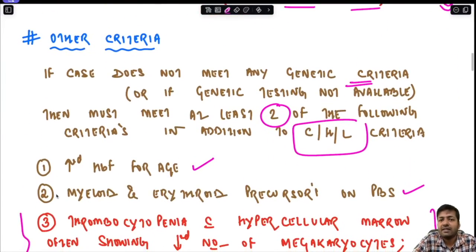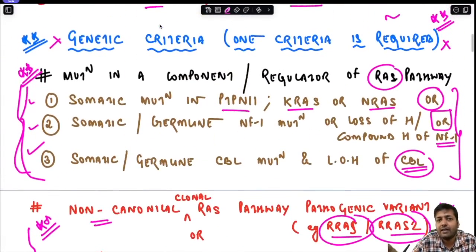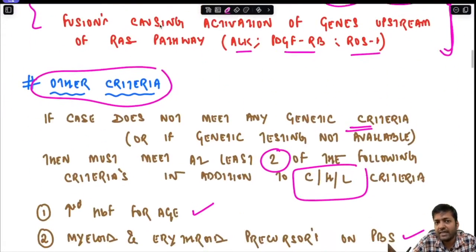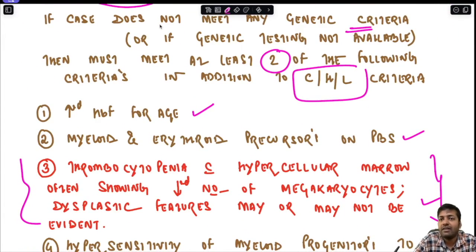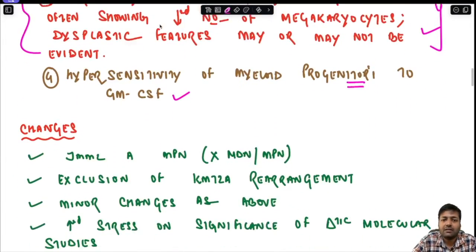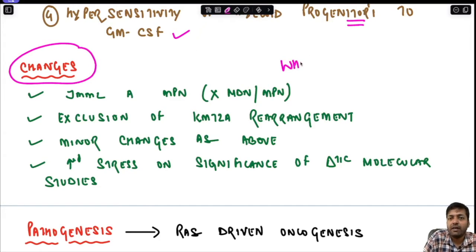Now there are certain other criteria also. When does the role of other criteria come? Only when the genetic criteria is not fulfilled. In that case, any 2 of these other criteria can be fulfilled along with the clinical, hematological and laboratory criteria. Now next we are going to highlight the important changes in JMML